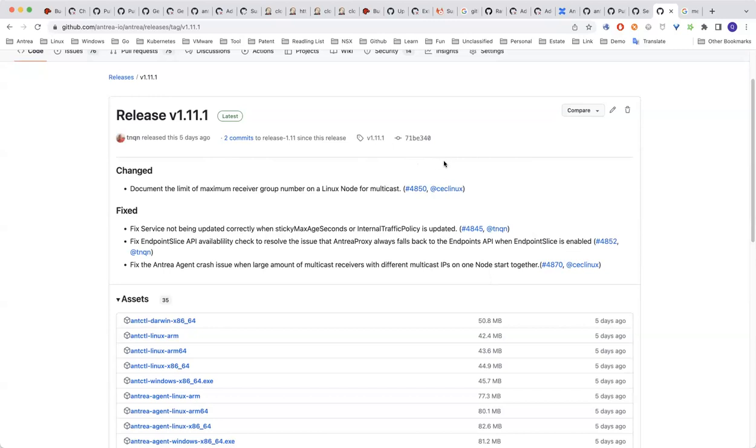Thanks for the update, Chen, and thanks for the fixes to the Antrea proxy code. I know you did a lot of refactoring to make the update case more robust. Thank you. Any question from anyone on this release or backporting of the fixes? All right, in that case, thanks again, Chen, and I'll move on to the second topic, which is I'm gonna give a quick update